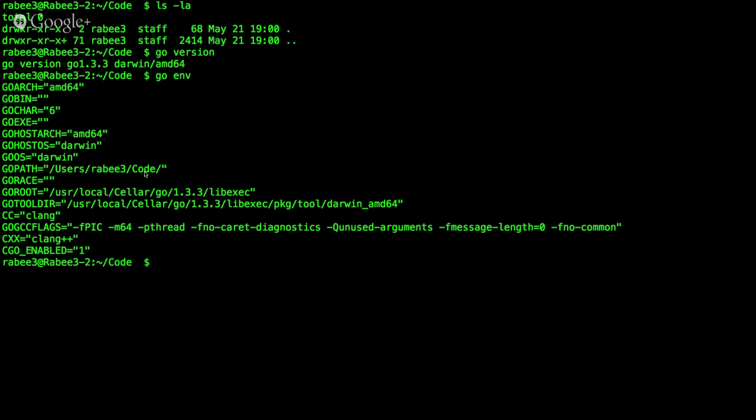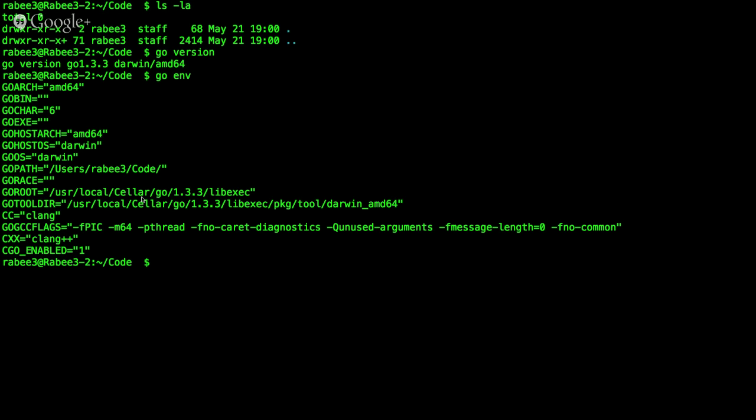There are two of them that are really important for you to start building your own application with the Go tools. The first is the GOROOT. The GOROOT is automatically assigned once you install Go, and it will direct to the Go tools, the built-in tools for Go. The GOPATH is one that you have to